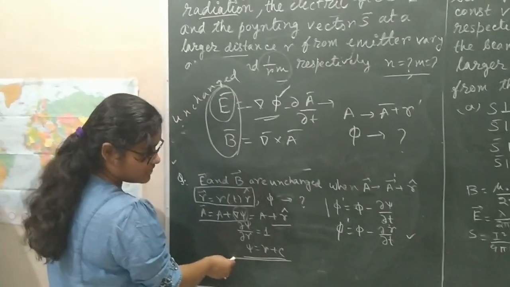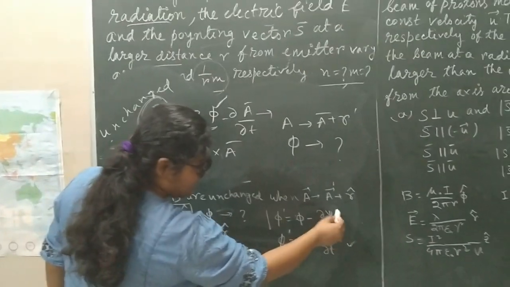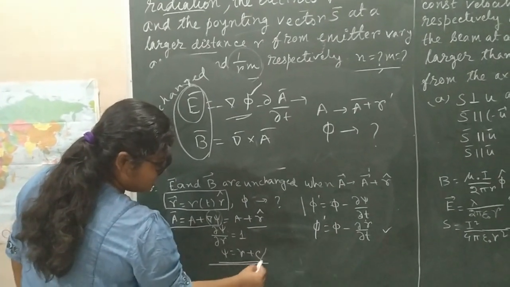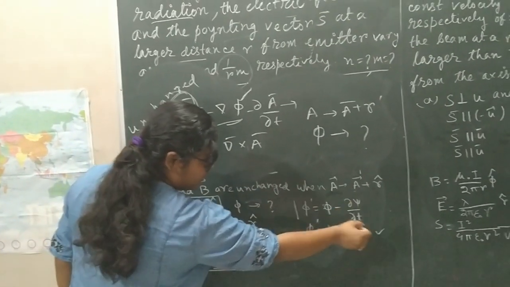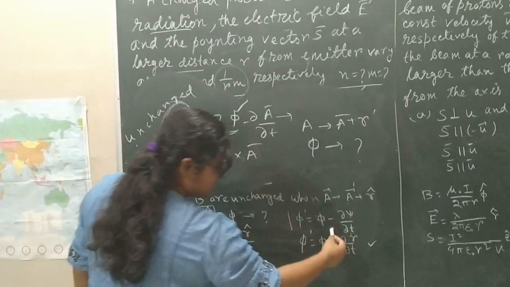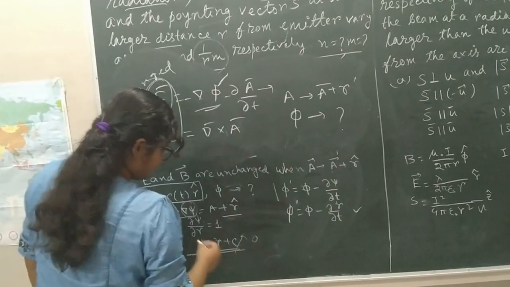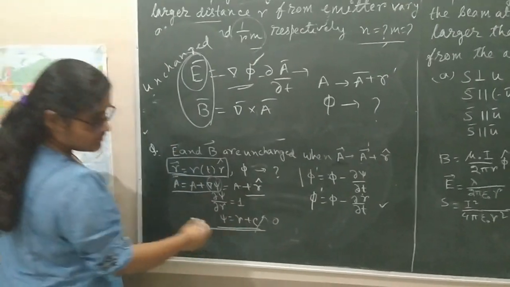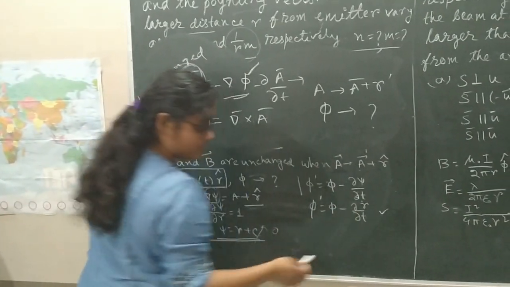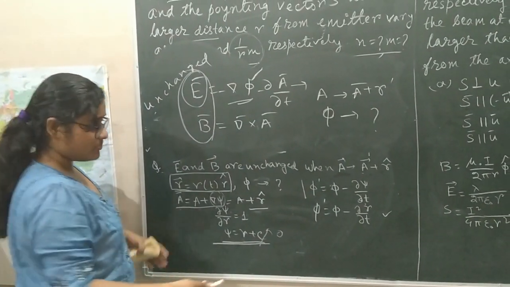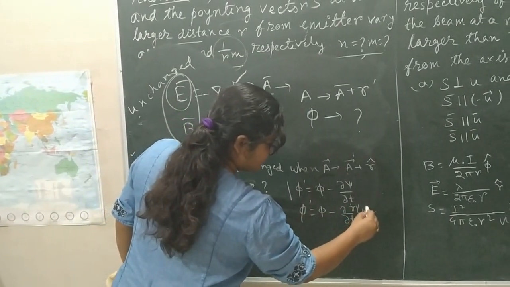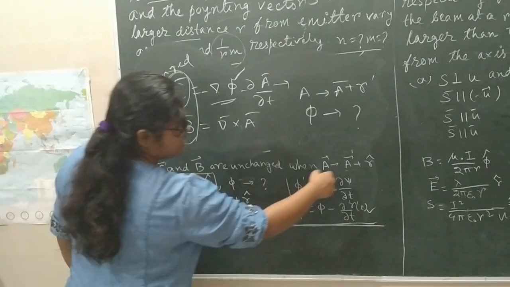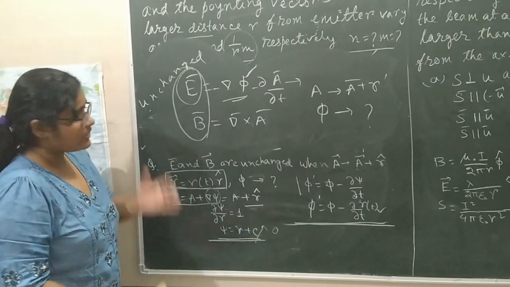Earlier we got the value of psi. We put the value of psi as r plus c. Now del t of a constant will be 0, so this term will be 0 when we take the derivative, and this term will be del r by del t. Why? In the question r is a function of t, so we cannot say that r is a constant. So del r by del t will exist, not 0, because r is a function of t. So this is the value of psi, changed whenever you change the vector potential.